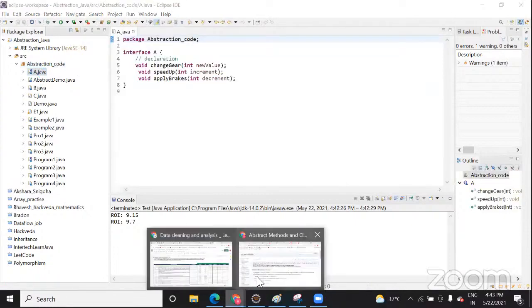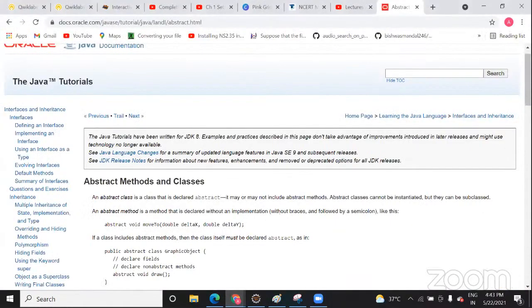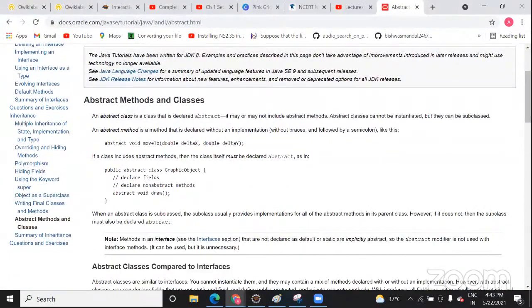Let me open the docs. So we usually use interface, right? In the last class, I had hiding the detail, why can't we use private? You can create it private, but in that case it will be of no use to anyone, right? But when you create it as abstract, it means that the method is not instantiated by the same class, it can be instantiated in the subclass.